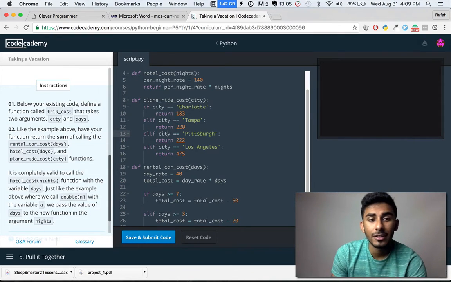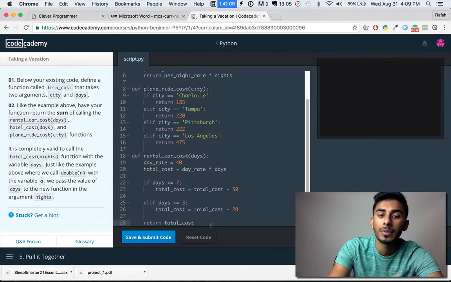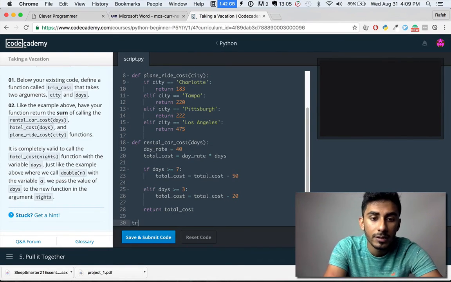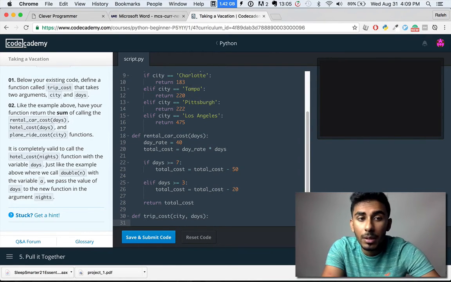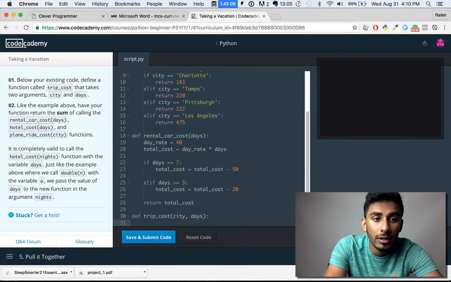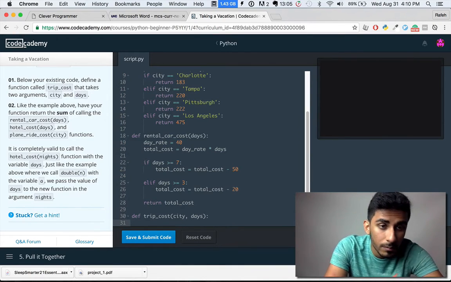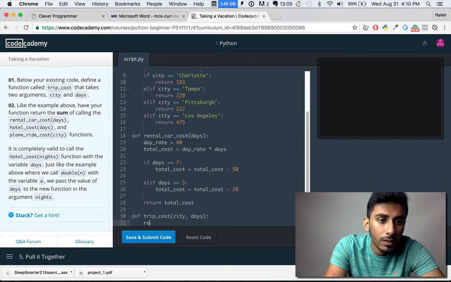Below your existing code, define a function called trip cost. So we're going to use this function called trip cost. It's really going to put everything else into perspective. Trip cost takes 2 arguments, city and days. Like the example above, have your function return the sum of calling the rental car cost days, hotel cost, and